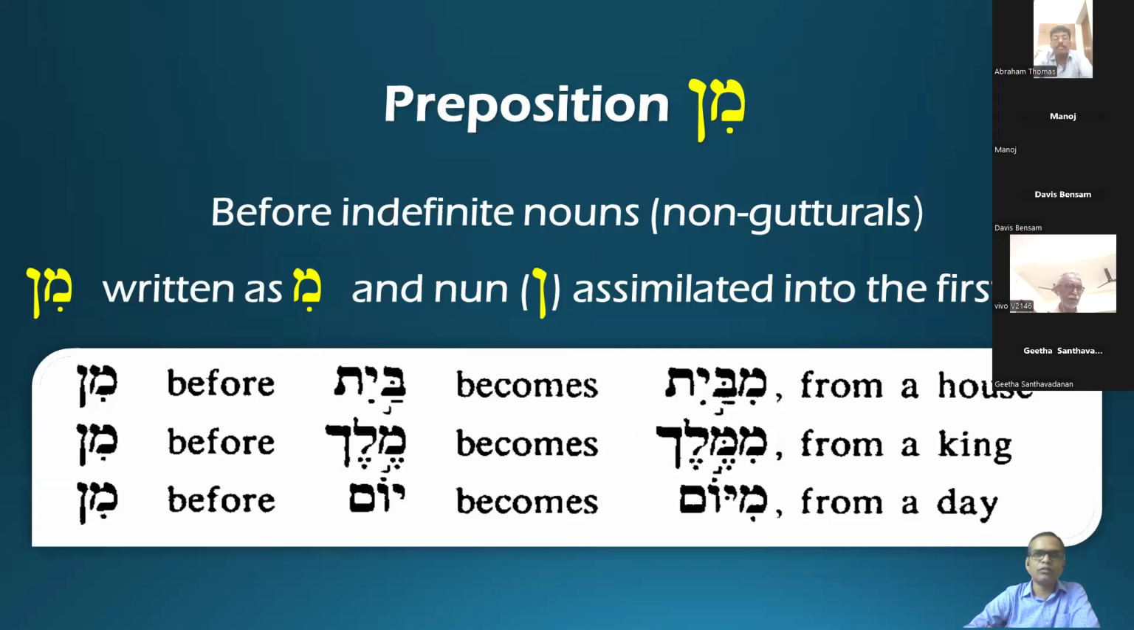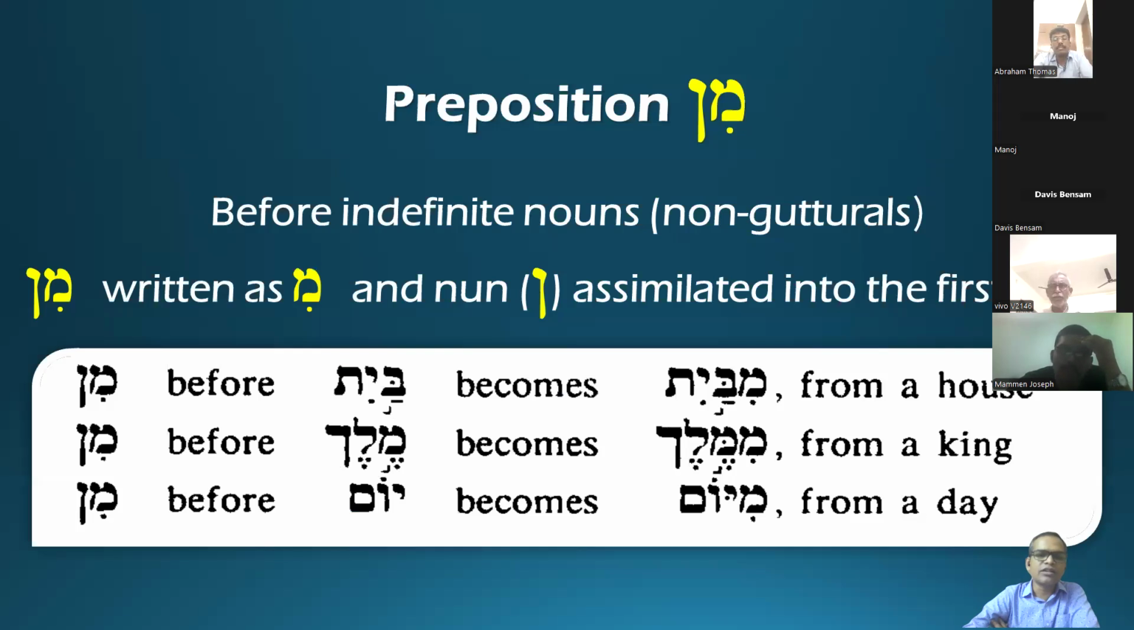But min will undergo certain changes when it is prefixed to an indefinite noun. Under the indefinite noun, we have to divide it into two categories. Number one, if the indefinite noun begins with a non-guttural, what will happen? And if the indefinite noun begins with a guttural, what will happen? First we will see what happens if the initial consonant of the indefinite noun is a non-guttural. For example,